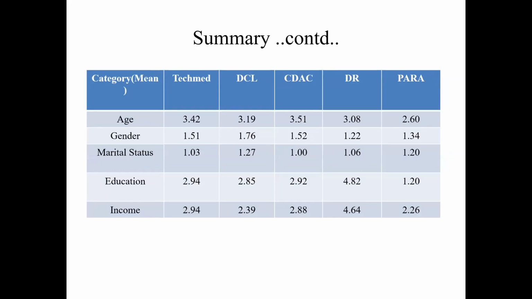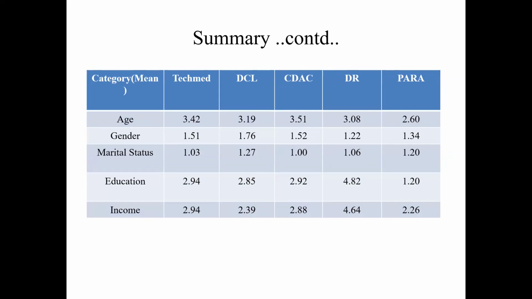The category mean, the TechMed age is 3.42, DCL 3.19, CDAC 3.51, doctor 3.08, paramedical 2.60, gender 1.51, 1.76, 1.52, 1.22, and 1.34 for TechMed, DCL, CDAC, doctor, and